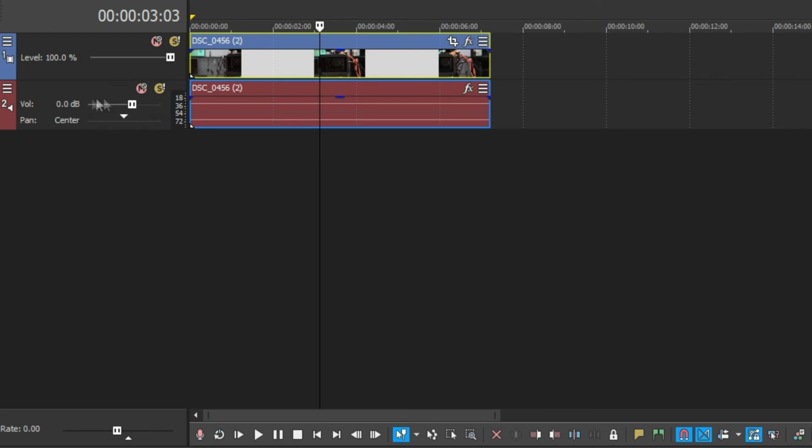If you'll notice here, the video track and audio track have some different buttons and functions, as well as some identical ones. Immediately, we can see that there is a big slider on the video track labeled level, as well as a numerical value of 100%. This slider controls the opacity of the entire track itself. There is more on opacity in Unit 14, Lesson 4. This slider is more useful when we are dealing with more than one video track, so for now, let's go ahead and move on to the audio track.